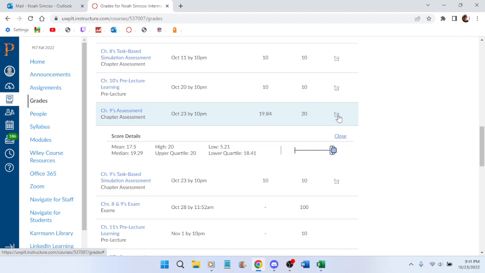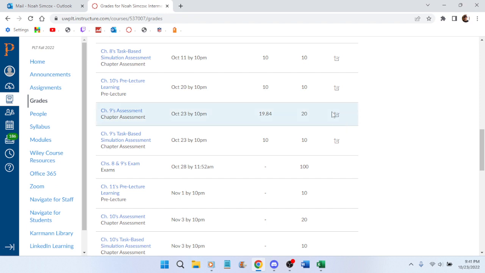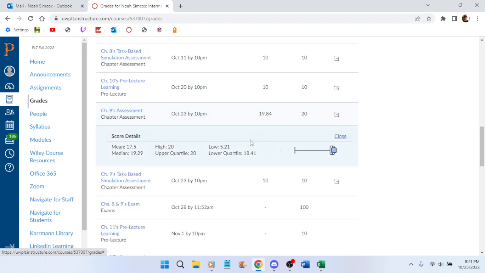The lowest score that anybody got so far was 5.2. Somebody got a 5.21. Oh, I think it's because they haven't finished it yet. Somebody's in the process of doing the assignment. There's no way they actually got a 5.21. I'll check it again some other time. I mean, it's almost due, so you better hurry up.